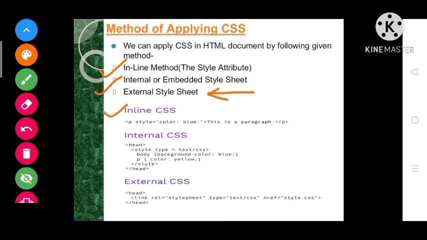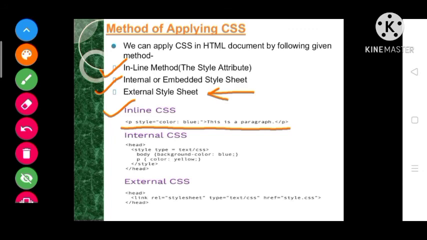First one, inline CSS: generally we use this type of CSS for a particular line only, means if we want to change the things of a particular line, then we should use inline CSS.